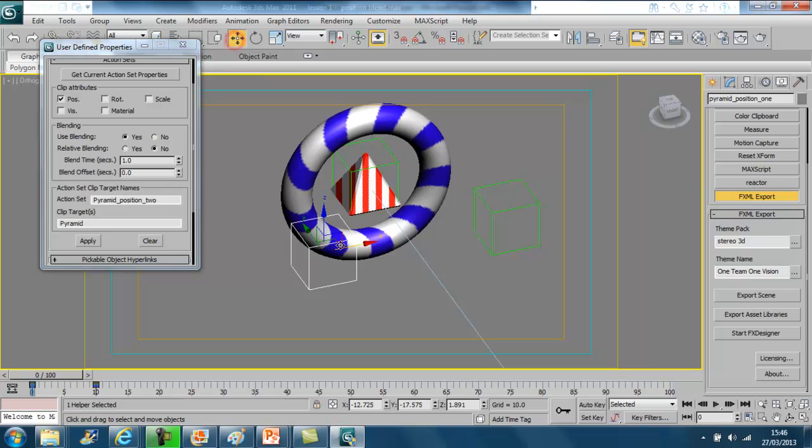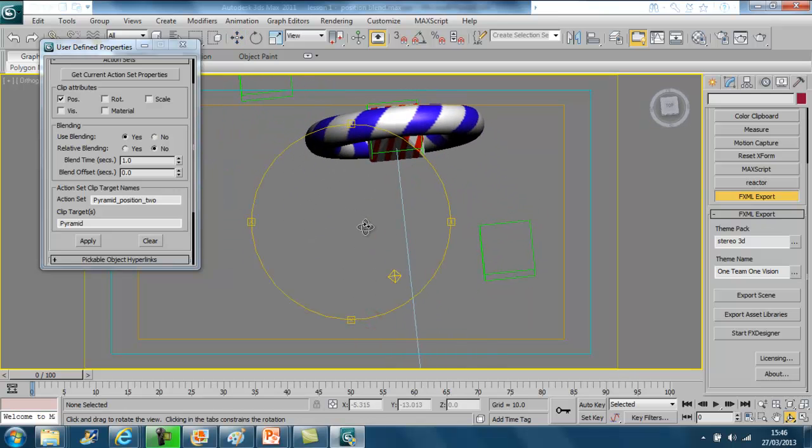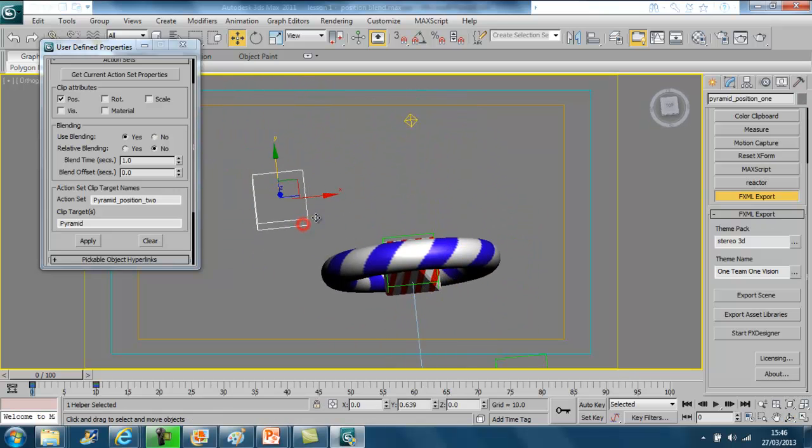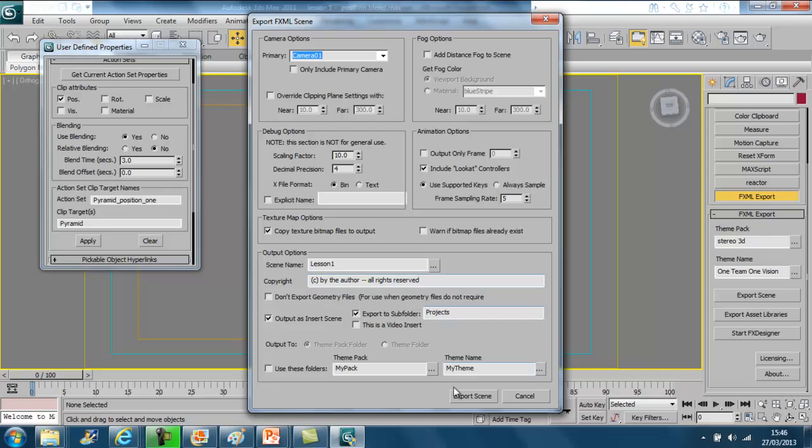So let's pretend that the position for this dummy wants to be behind the torus. So that's position 1. And what we're going to do is we're going to make the time of the blend, just get the action set for that one, make the time for the blend 3 seconds and hit apply. Now if we export that